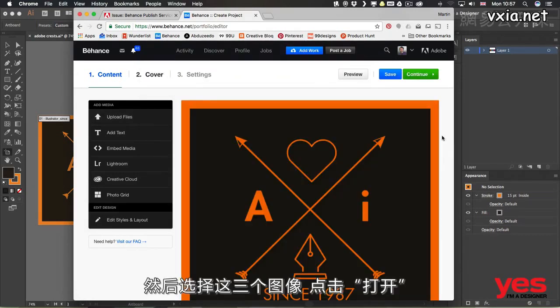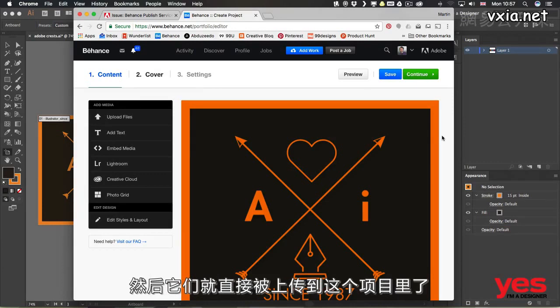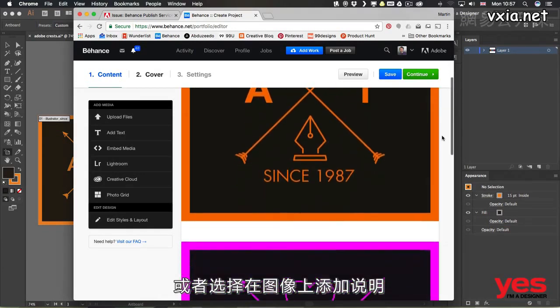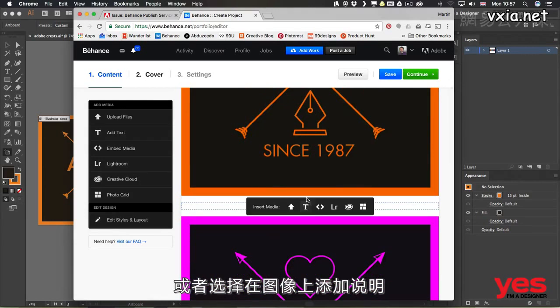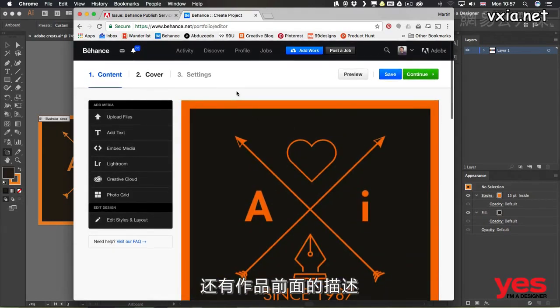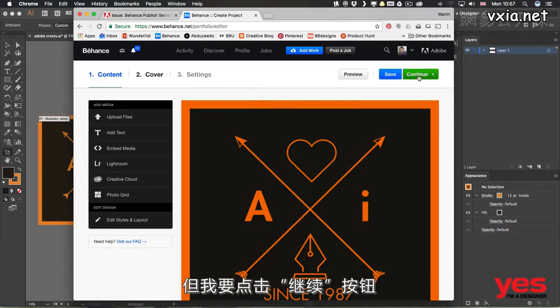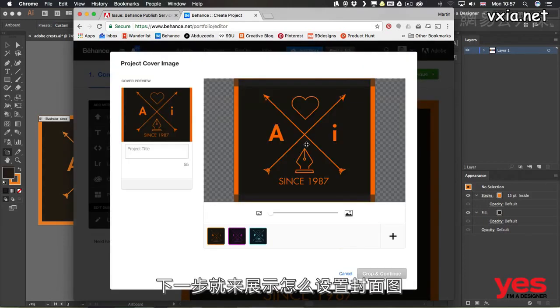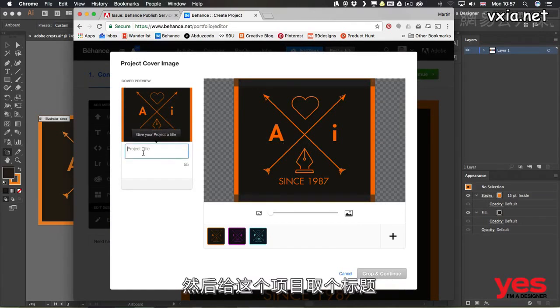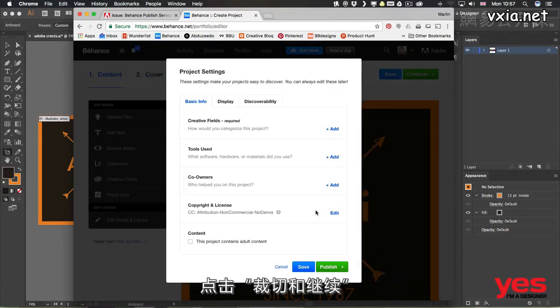choose Open, and they will be loaded into the project straight away, where I can decide to add captions under the images and description before it, or even adjust the layout if I want to. But I'm going to click on Continue, just to show you that the next step would be to set up the cover image and give this project a title. So I'm just going to call this Adobe Since, and that will be fine for my cover image. I can click on Crop and Continue, and that's when I get to the final step,